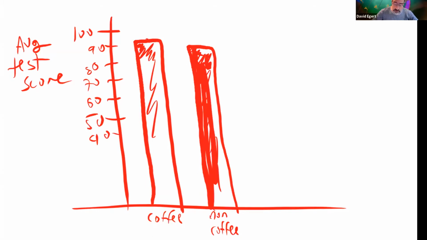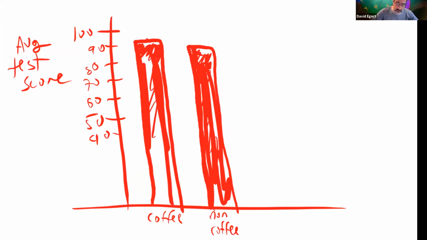So here I have my bar chart, and all else being equal, if I just look at this, I could say it looks like in general the coffee drinkers did better on the test than the non-coffee drinkers. But then I want to know, do I actually trust that this is real, or is it just randomness? That's where you need to think about that measure of dispersion. How scattered around were the actual data points around that average? So if I look at the range,